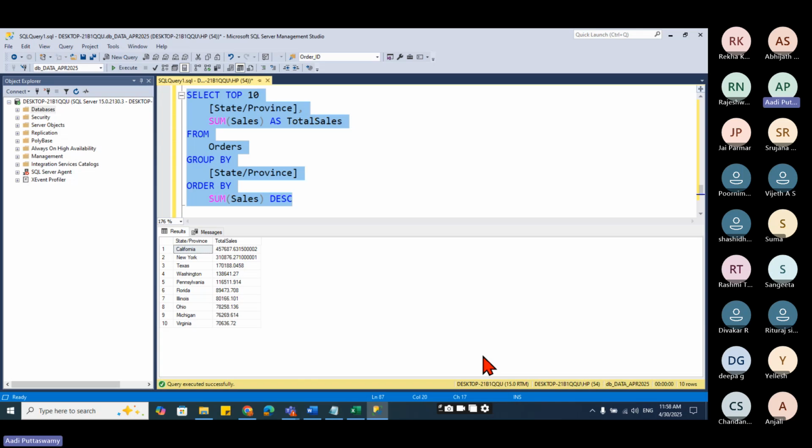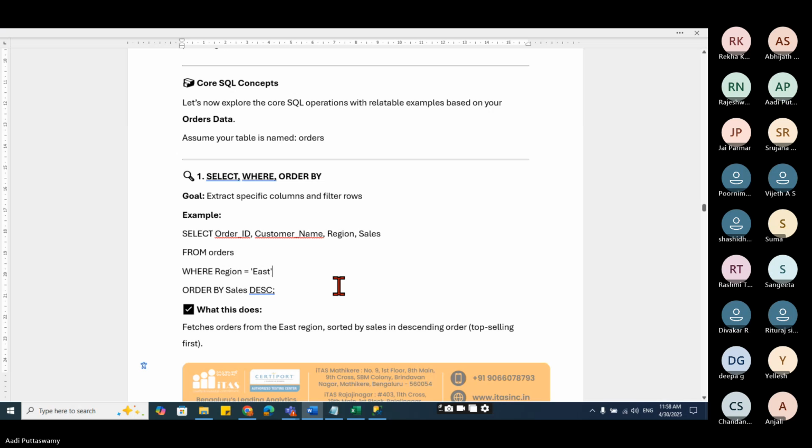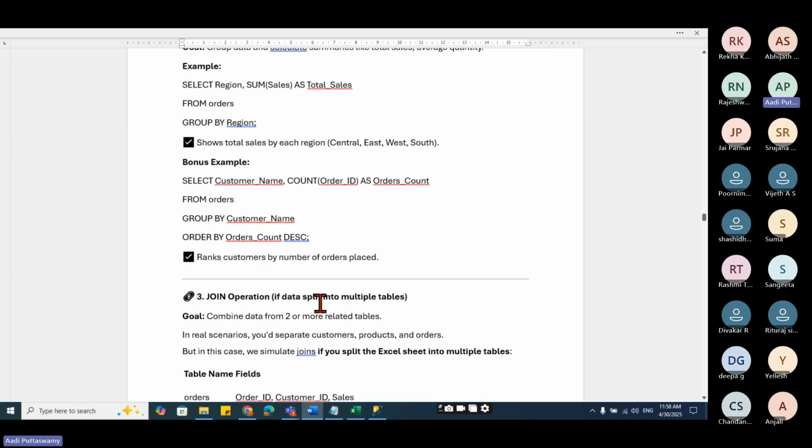So likewise, there are so many queries like this, which will help you in working on SQL, managing the data. So we have joins, more other clauses, subqueries, stored procedures. There are so many things you can actually learn. For that, I've given all the examples here.